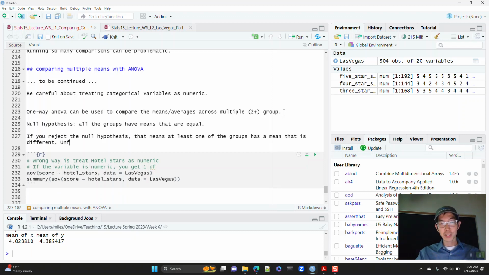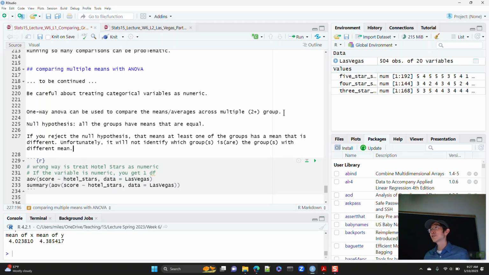Unfortunately, it will not identify which group, or which groups, are the groups with different means.